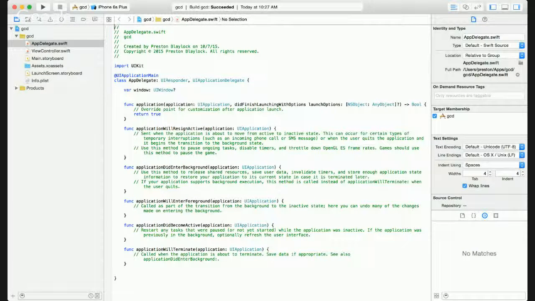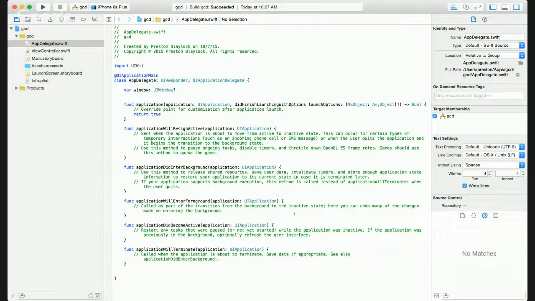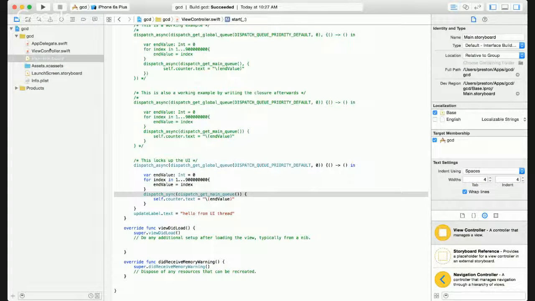So I'm going to talk about what I did. I've been working on GCD, or Grand Central Dispatch. And I guess the best way to look at this is to look at